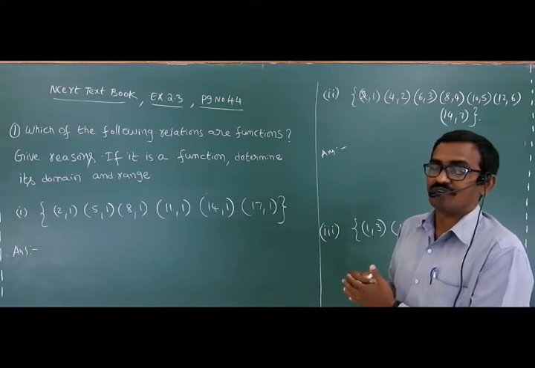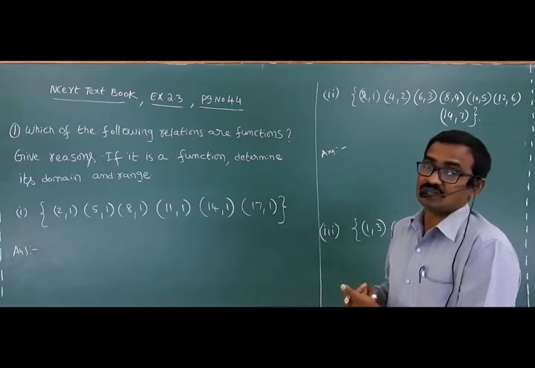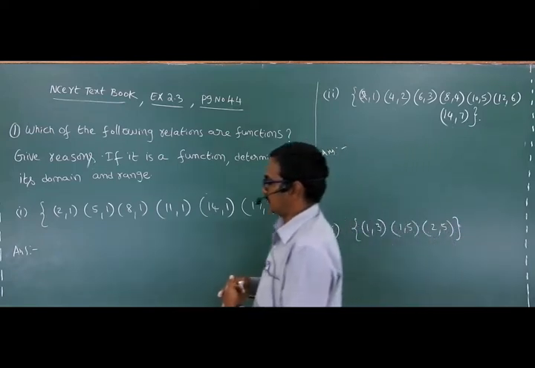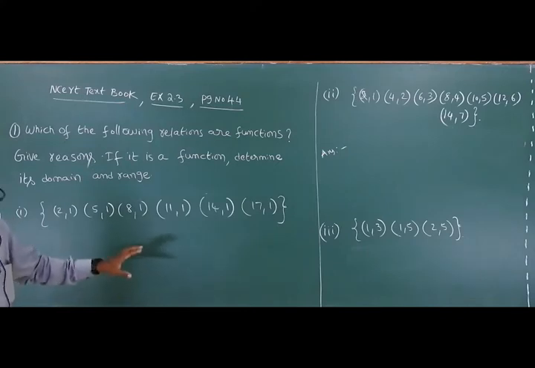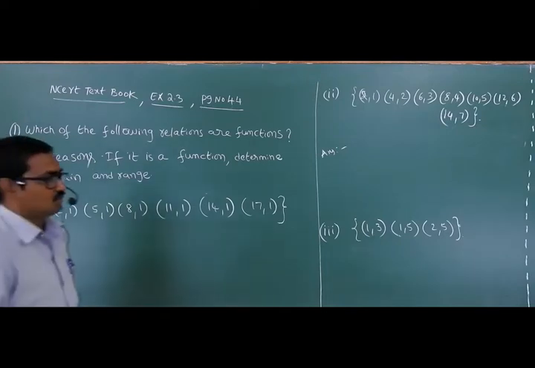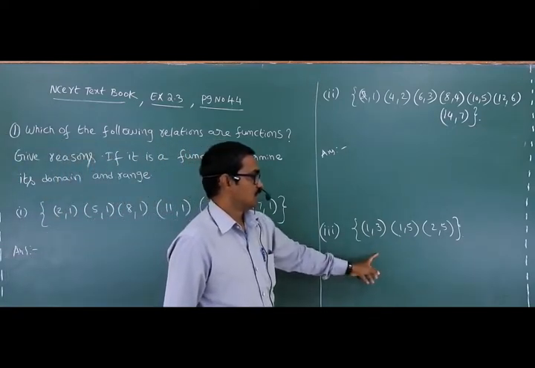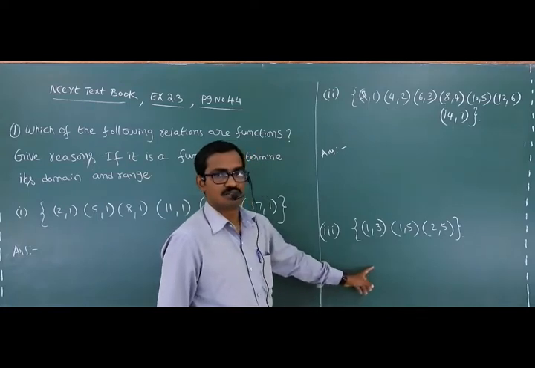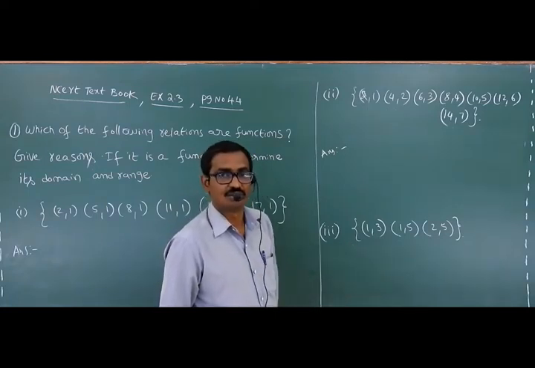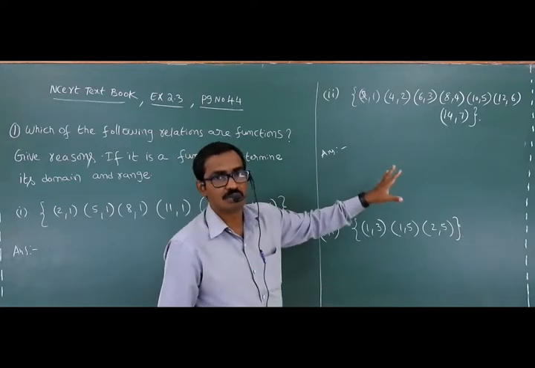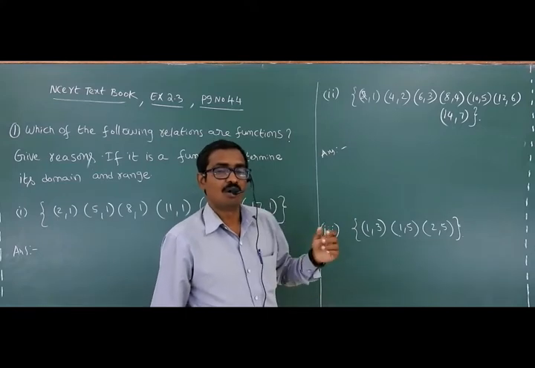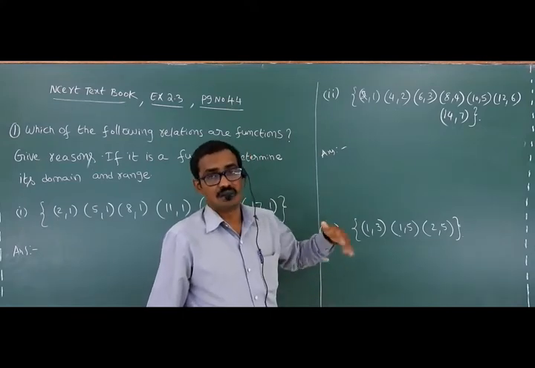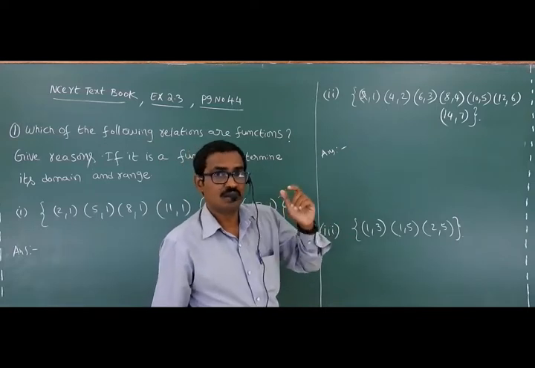Every element of set A having one and only one image in set B, then it is called a function. You can write set A and set B separately. That is also one of the reasons. If we take here set A as 1, 2 and set B as 3, 5, one having two different images, so it is not a function. Here also we can form set A and set B, and that is called arrow diagram explanation, a visible representation of the relation method.